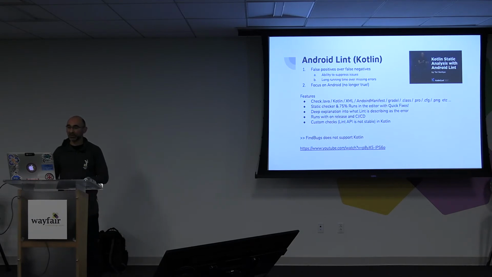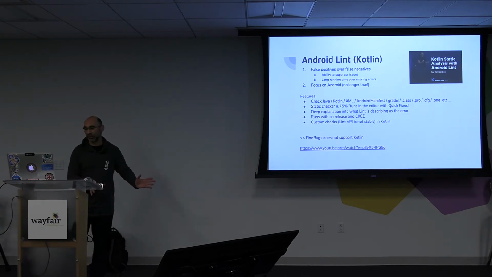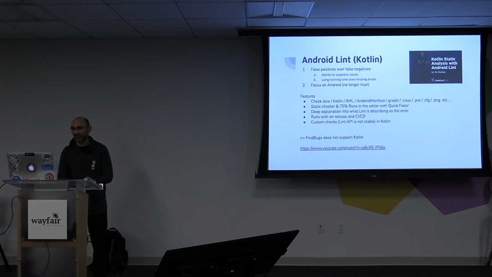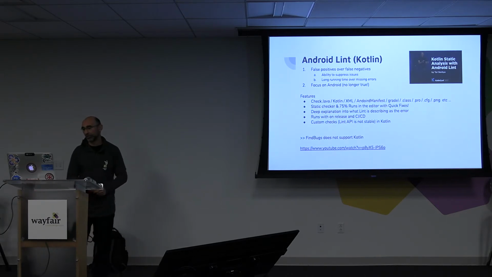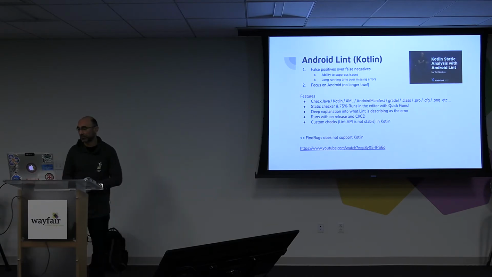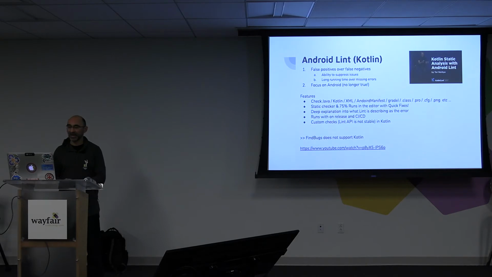The static checker, 75% of the time, it can give you a quick fix. So not only is it going to tell you, oh, this is what's wrong, 75% of the time it says, click this and we're going to fix it for you. I think that number is a lot higher now. They've been putting a lot of effort into that. It has deep explanations of what Lint is describing as an error, which is really, really important. It runs on your continuous integration and deployment. And it has custom checks